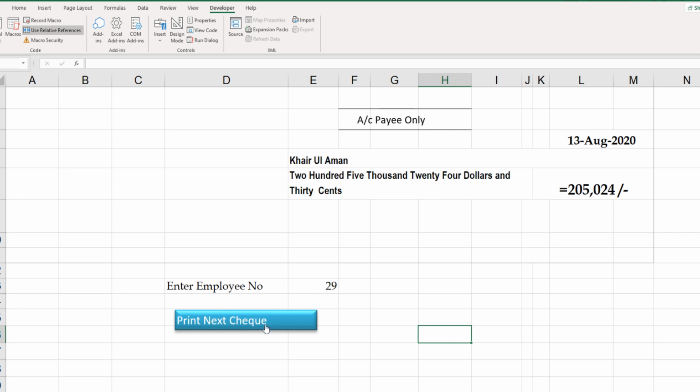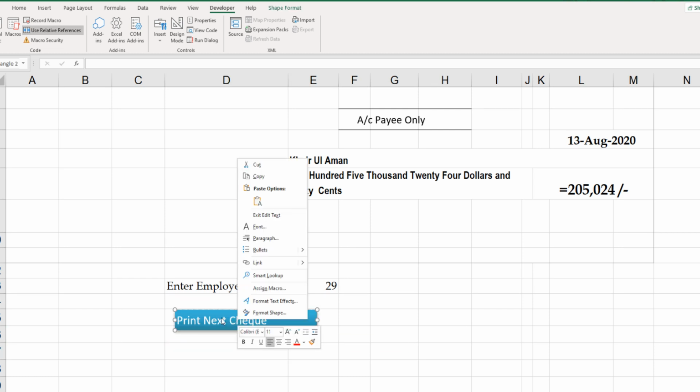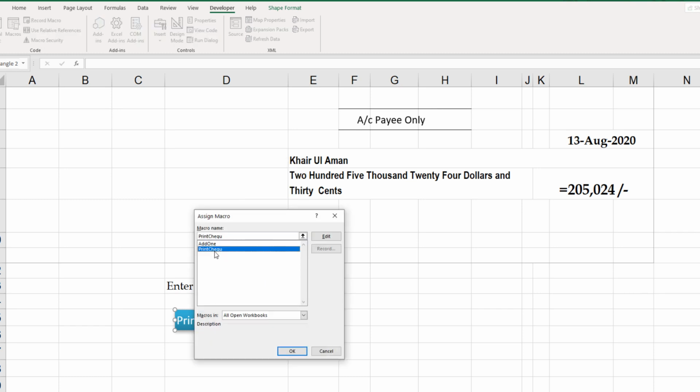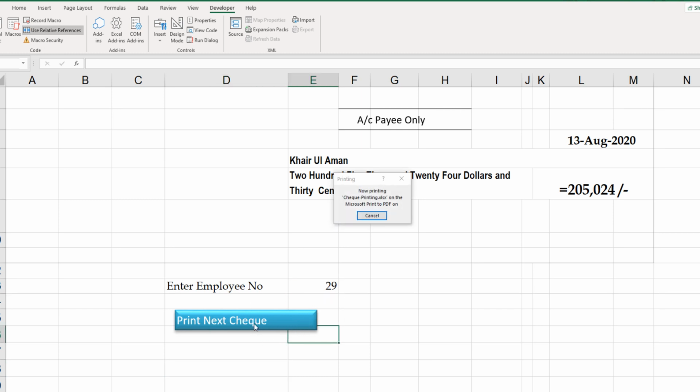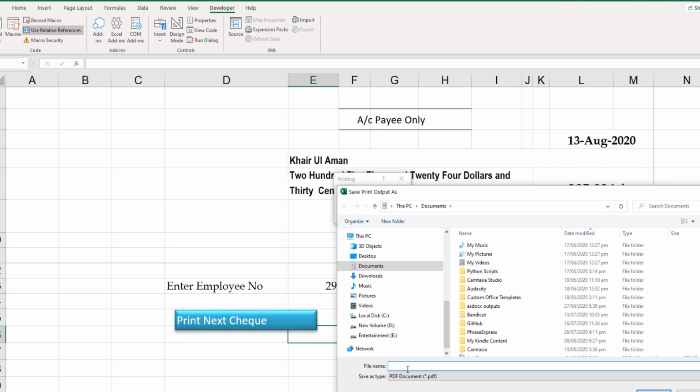So if I click on this, right now we are on employee 28. So first of all, it will print. Okay, so it increased. Actually, we have to associate this button to the print macro. Right click and print check. Now in the print check, there are two codes. One code that prints the check and second code that increments the value by 1.